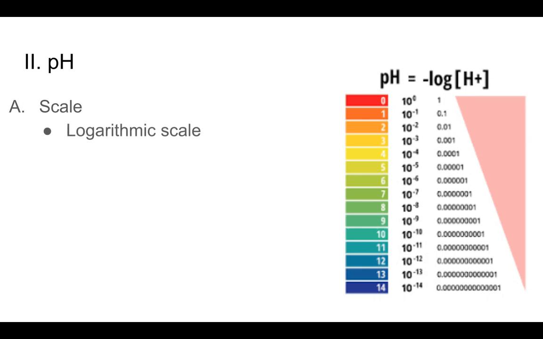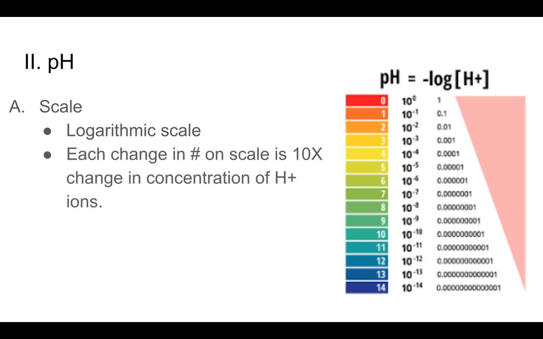When you look at the scale, this is still in the scale section. I think this is our last slide. What I want you to see is that the pH scale is actually a logarithmic scale. Now, without getting too far into the weeds, the big thing that we should consider when it comes to a logarithmic scale is that each time we change number values on the scale, it's not just 1 or 2 or 3 times difference. It's actually every time we transition numbers, it's a 10 times change in the concentration of hydrogen